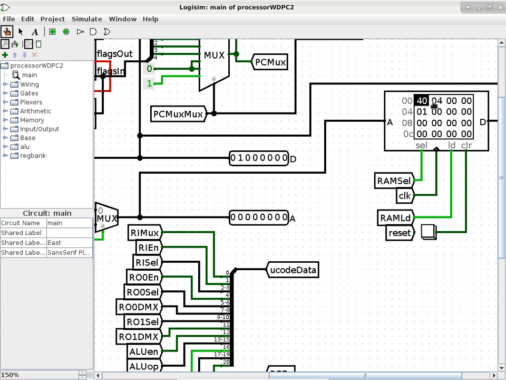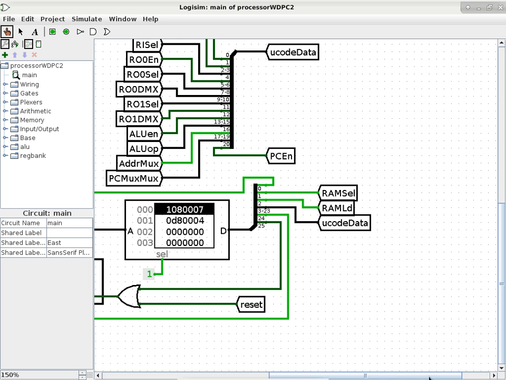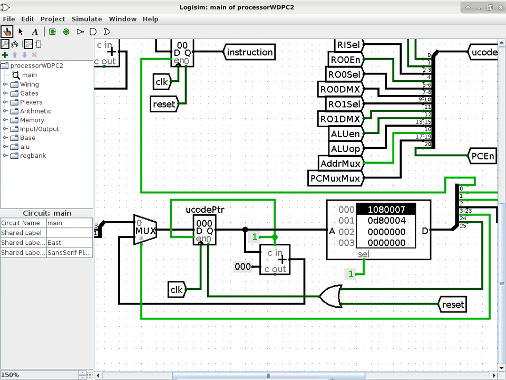4004, these 2 bytes correspond to the JMPI instruction. 00 is no op, 00 is no op, 01 is the last halt instruction. Okay, so we'll start executing this program. But our focus is going to be on the microcode engine this time. So now we'll do a single clock the whole thing. So single clock,